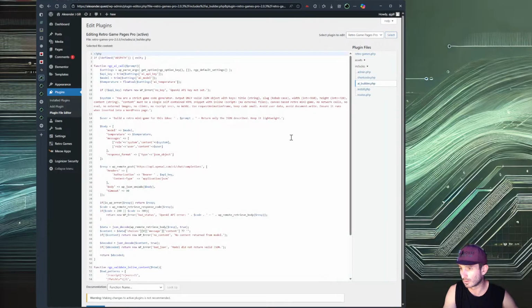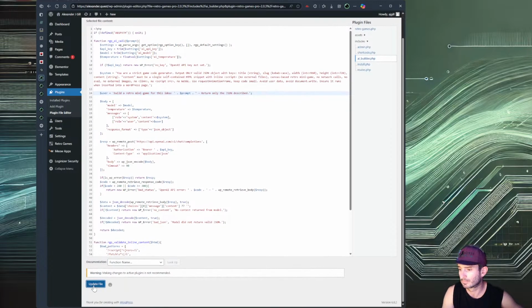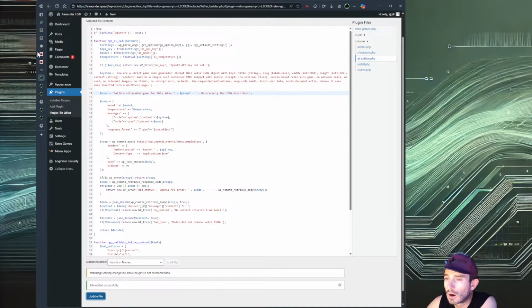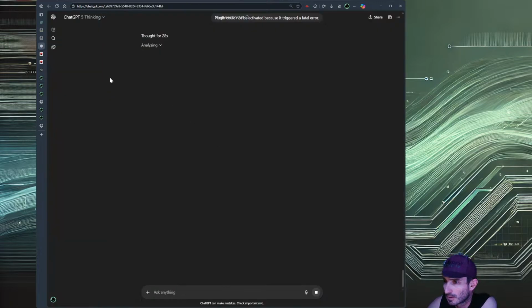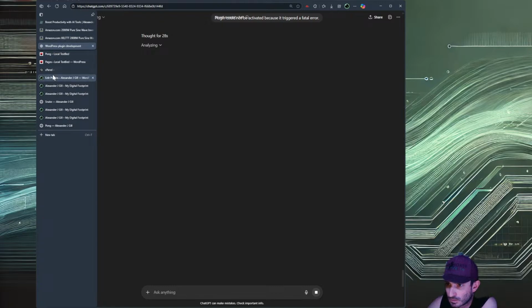AI Builder. Here we go. Alright, so I found where it stuck the prompt in there. I think what I need to do... We'll wait and see what it does with this.